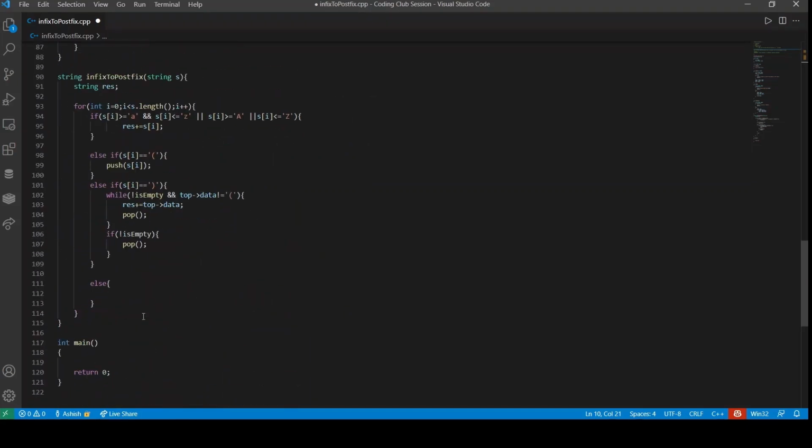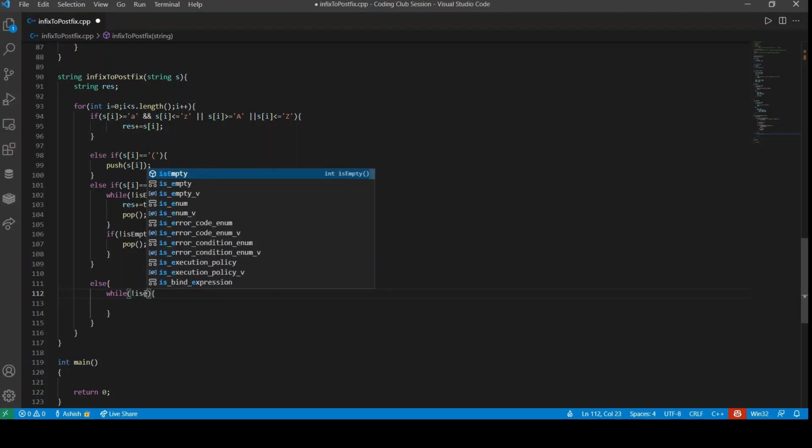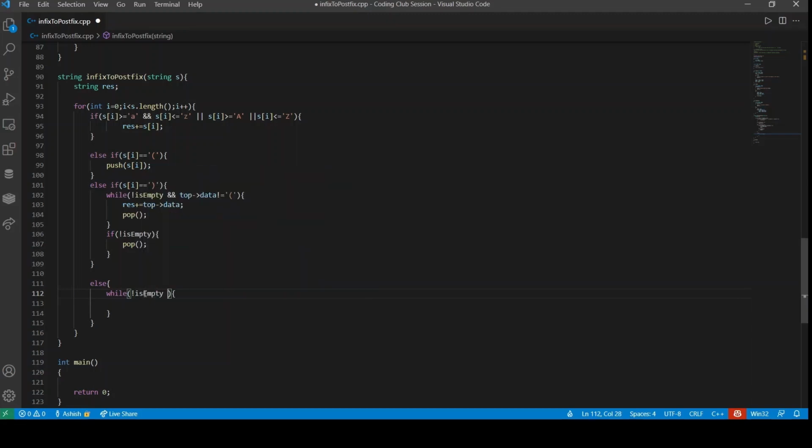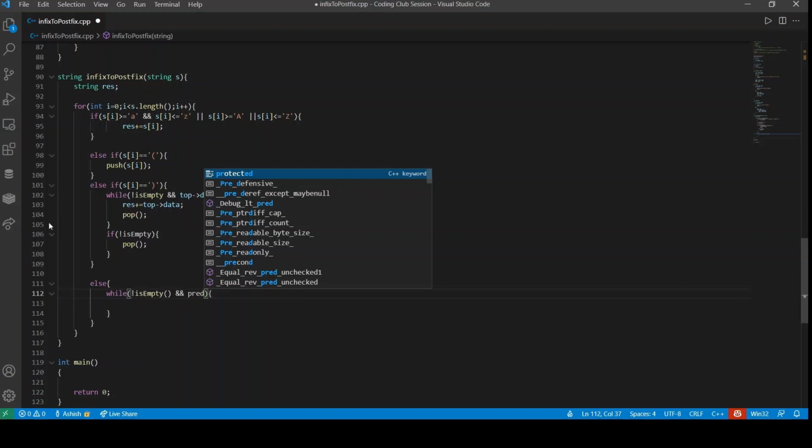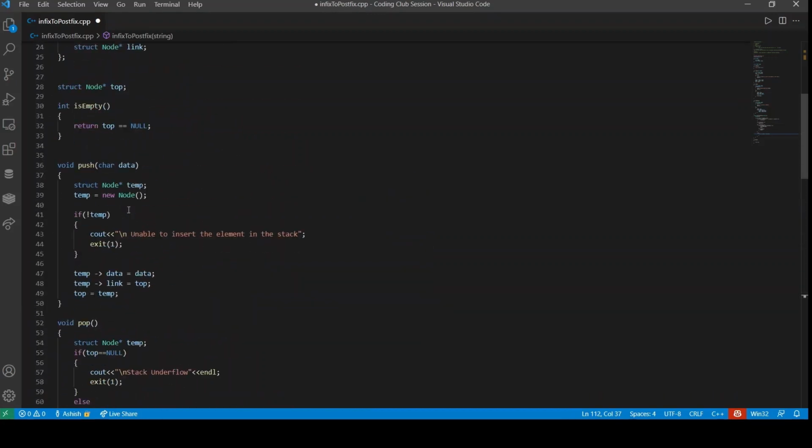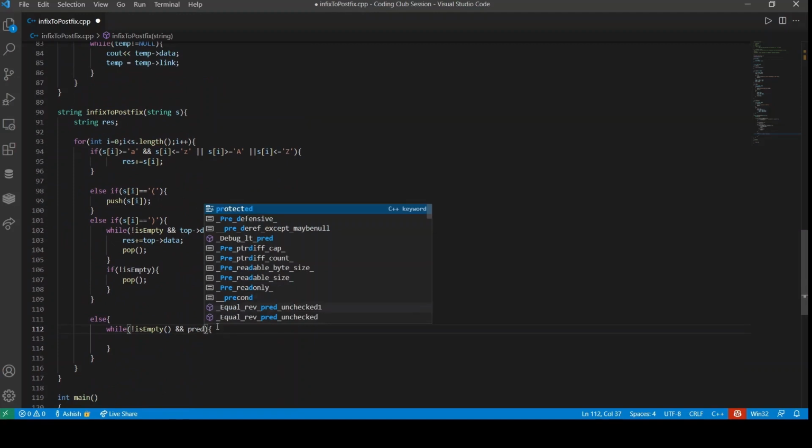So in this else part, of course we cannot pop if the stack is empty, so while it is not empty, and the precedence should be something. Here the precedence of the operator comes into picture.